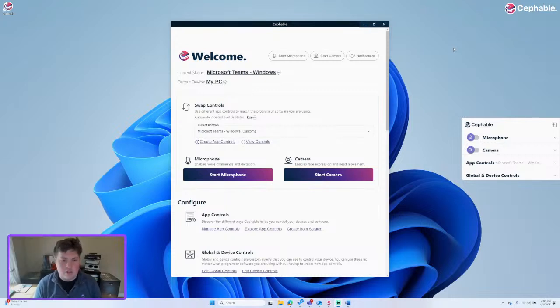One of the biggest things we heard in terms of feedback, not just from our consortium, but from so many people using Cephable, is a couple of things. One, the windows don't need to take up too much space. But two,